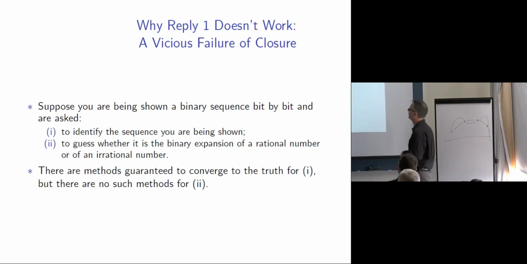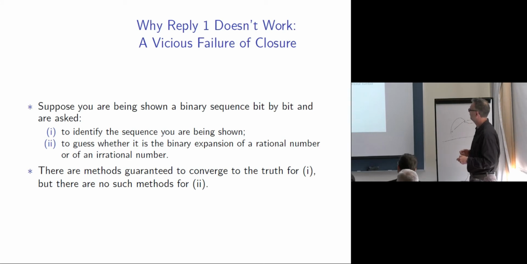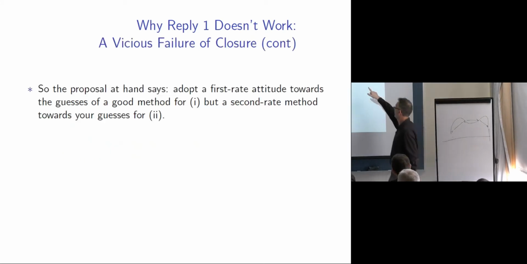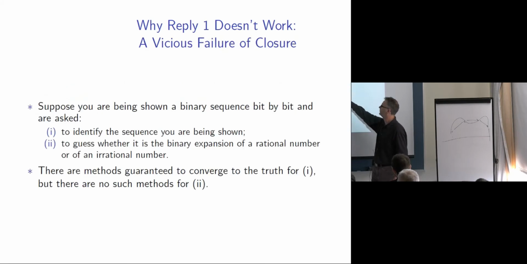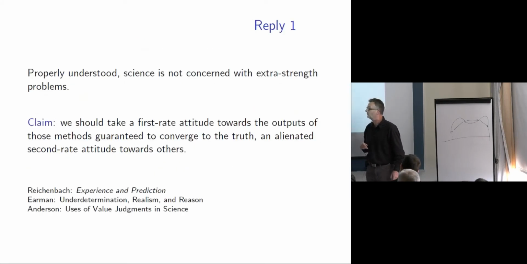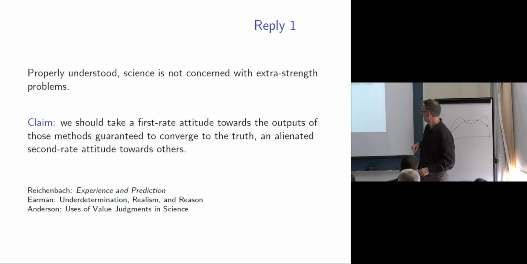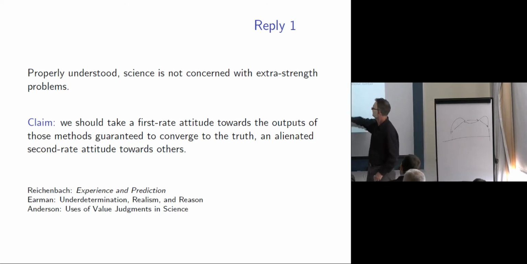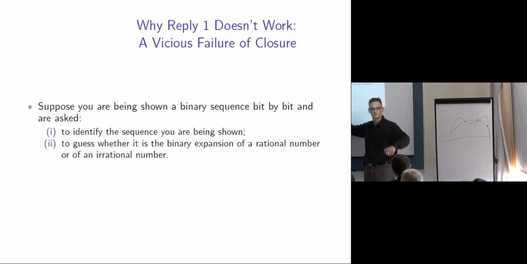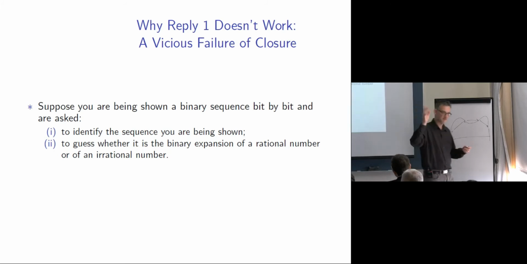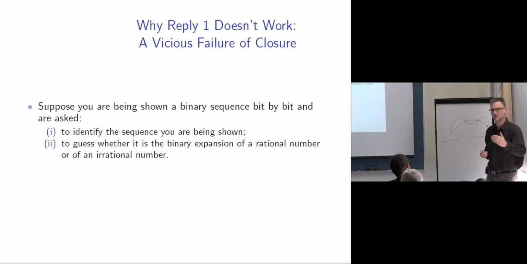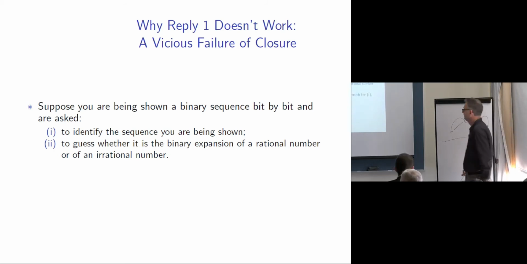OK. So back to our proposal, remember? What it said was, take a first-rate attitude towards the outputs of those methods that are guaranteed to converge to the truth, and an alienated second-rate attitude towards the other ones. So in this case, the Reichenbach idea is telling us to take a pro attitude towards this one and an alienated attitude towards this one. We're like, I've seen a bunch of data, and I'm confident in my guess about which sequence I'm being shown. But don't ask me whether you're showing me a rational number or an irrational number. That's the kind of thing I don't expect my methods to be able to guess. Right? But